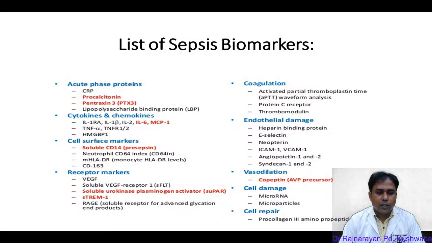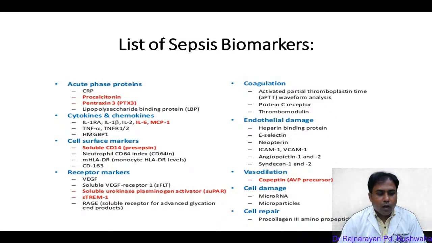Third is cell surface biomarkers like soluble CD, cluster of differentiation. This is CD14, also known as presepsin. This is a very important biomarker. Others are neutrophil CD64 and CD163. Another category is receptor markers like VEGF, vascular endothelial growth factor, soluble VEGF receptor, and soluble urokinase plasminogen activator receptor, this is suPAR receptor, and